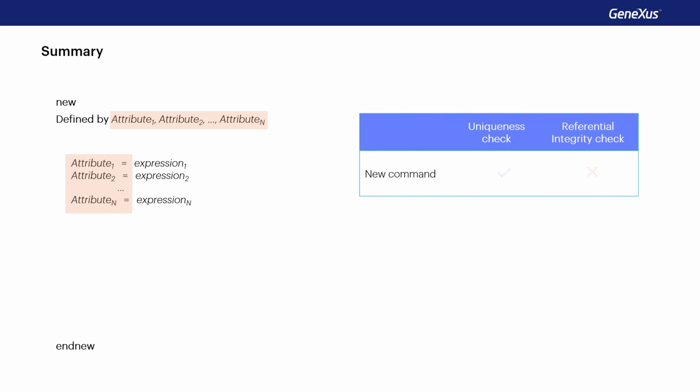On the other hand, we had seen that the only programmatic control performed by the new command is the uniqueness control, and that if a record was found with the key we're trying to insert, then the new command did nothing unless we had programmed the when duplicate clause. And we had said that there, among other commands, we can include a for each to update attributes of the record that was found to be duplicated. Can all attributes be updated? For example, can the primary key be updated there? The answer is no. But it will be possible to update attributes of the extended table.